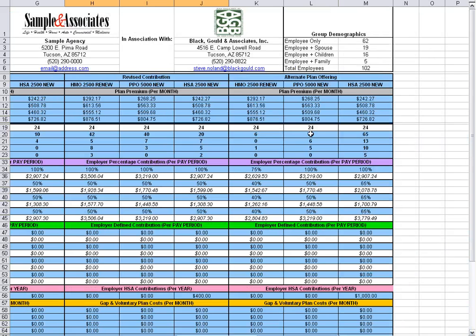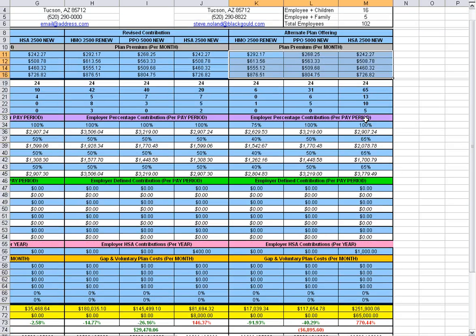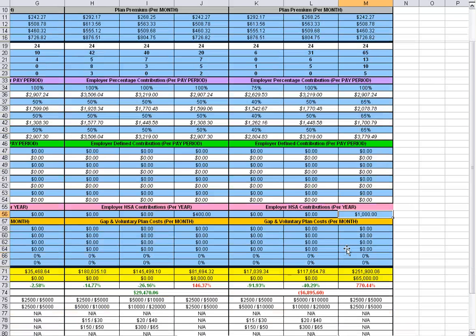If we want to go more aggressive, we can take the same plan offering, the same rates, and make a more radical shift in enrollment by decreasing contributions on the HMO plan and seriously increasing contributions on the HSA plan, along with a $1,000 HSA contribution. If we wanted to make this plan where it was not revenue negative by comparison to the current one, we'd simply drop the HSA contribution on the fly, and you can see the impact to the employer's